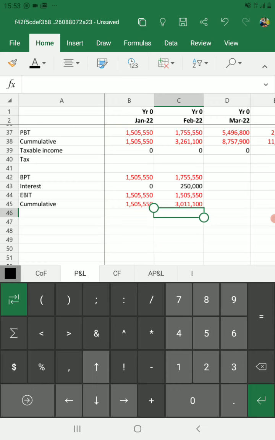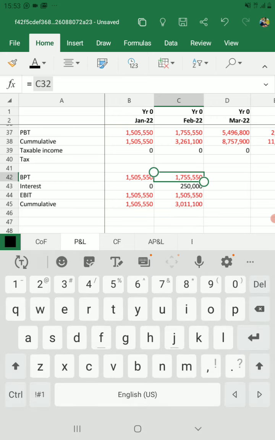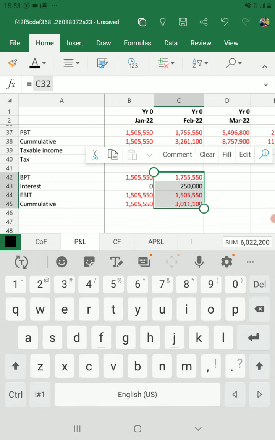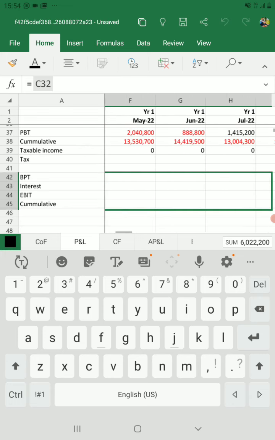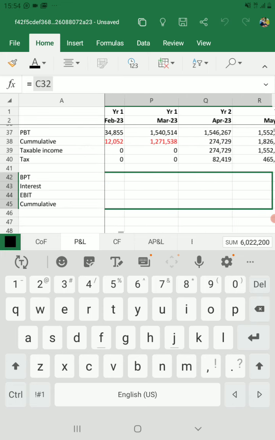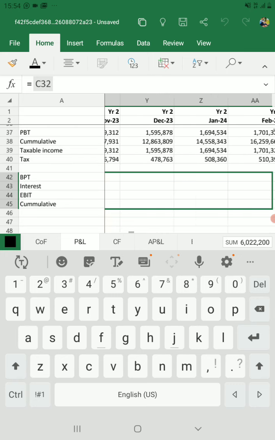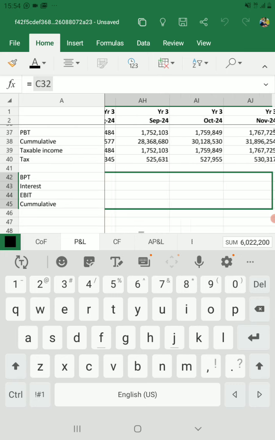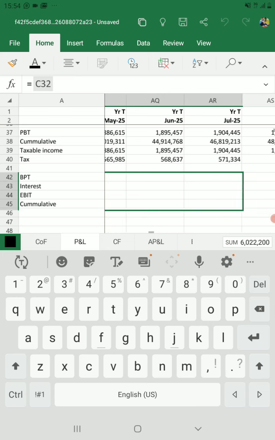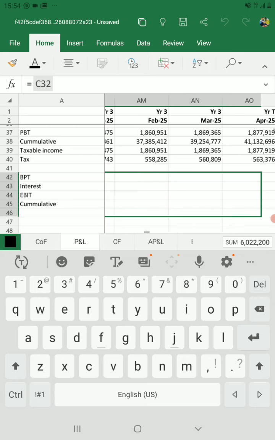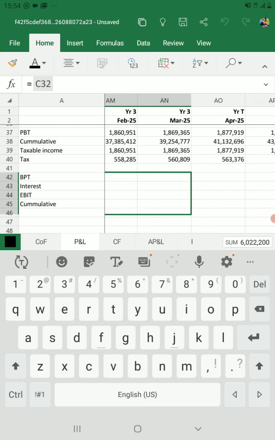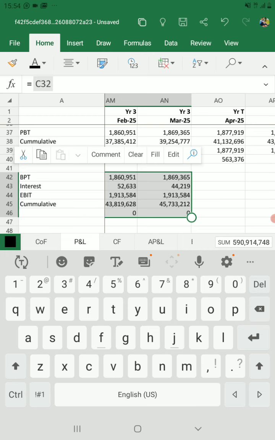So that is cumulative, and I can now select this and fill it throughout our projection period of 3 years, up to the end of year 3, which is here. Okay, now